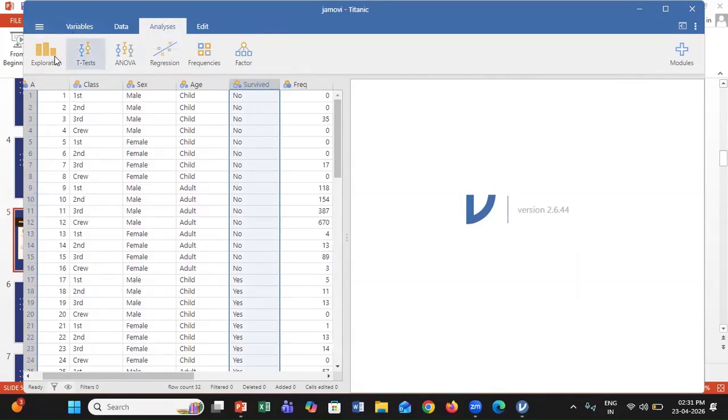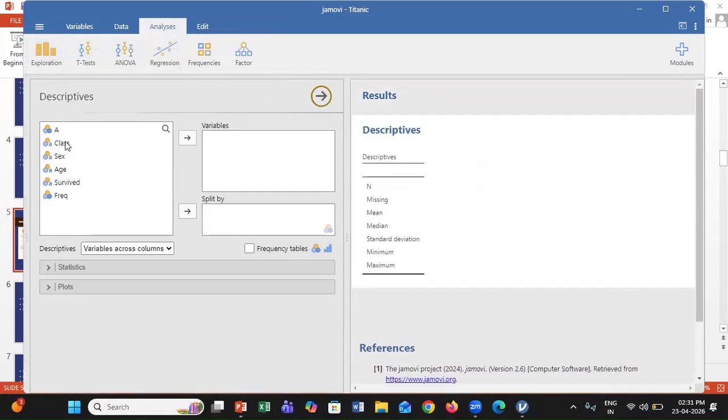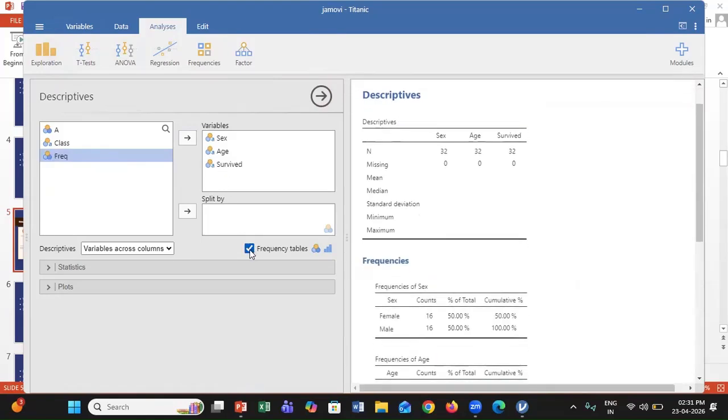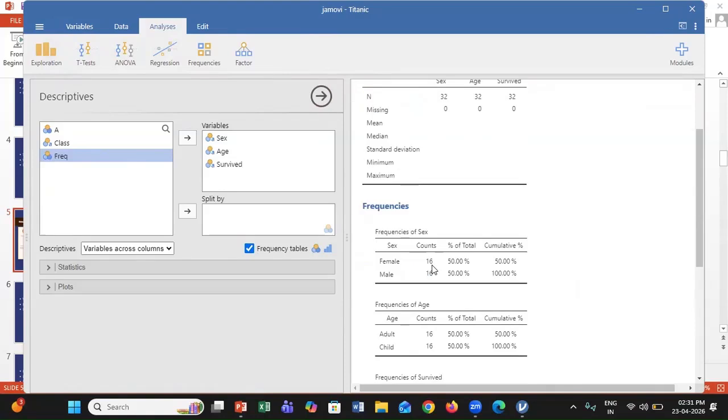On the Analysis tab, Exploration, in that Descriptives, I will add the variables, let's say sex, age, survived. I have added them and I'm making a frequency table. Clicking on frequency table: 16 female, 16 males are there.